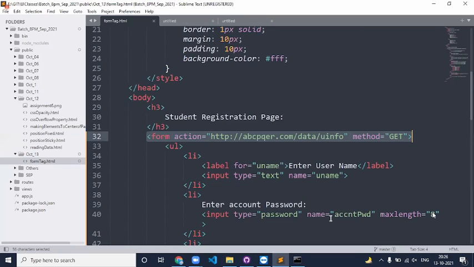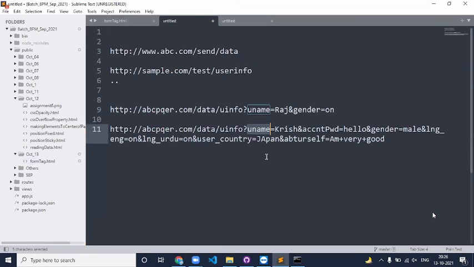Next. So what is the question mark in the URL? The question mark is a predefined part which will be added by the form tag, where after the question mark it is going to say that these all are the query parameters. Query parameters are the extra information we are carrying to the server.